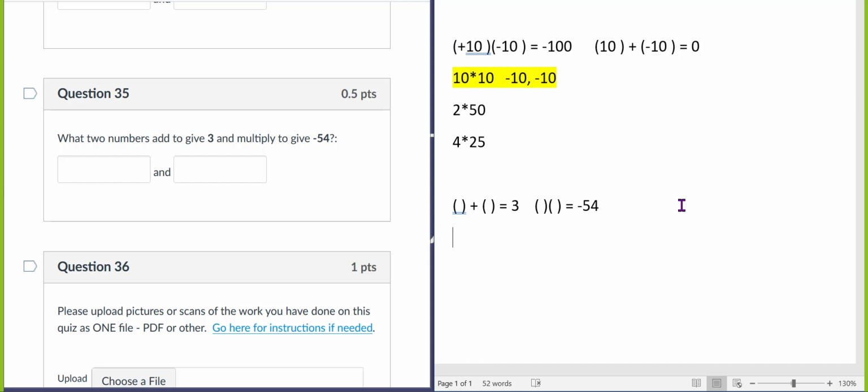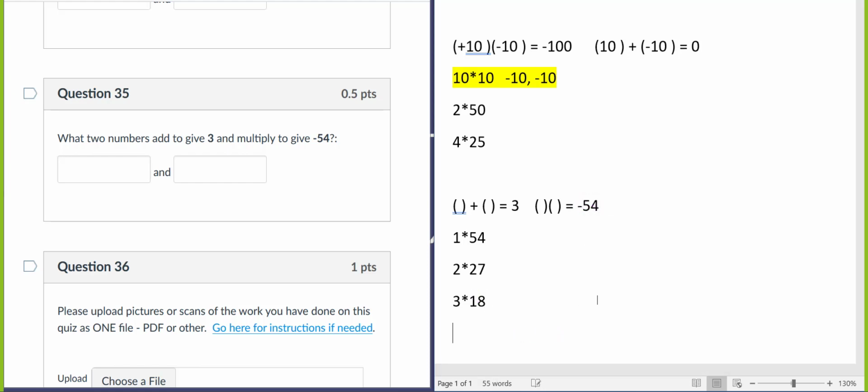So again, one of the strategies is to think of two numbers that multiply to just 54. Forget about the negatives for now. What two numbers multiply to 54, right? So you can go down through a list like 1 times 54, 2 times 27, 3 times 18, and so on. But if you just use regular times tables,